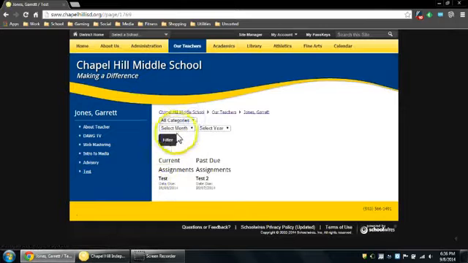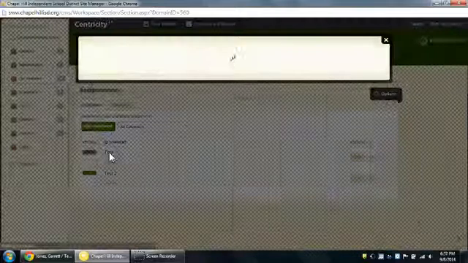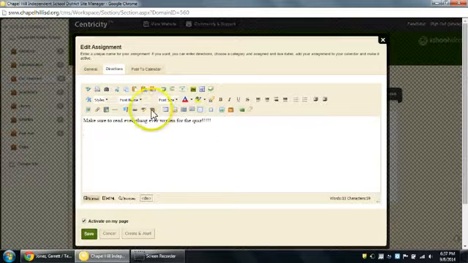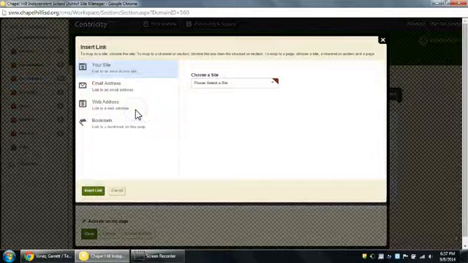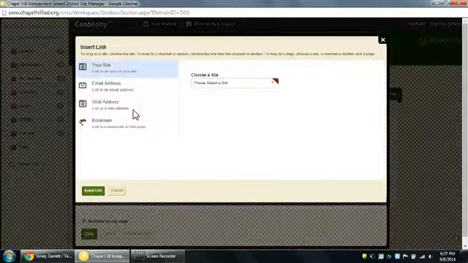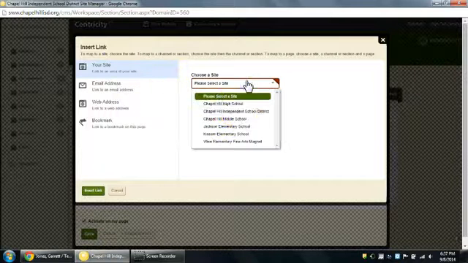So here we go. Let's go back here to the assignment, and I'll show you some other stuff for this. In the directions, I should be able to add links here. So we could add, let's see, insert a link. See, I'll go slower so you saw that right here. It says insert link. So let's say you had a file that you wanted attached to this, like for instance, the actual assignment. If you wanted them to complete a written assignment or something, or have them type something, you could create a link to a page on your site or one of